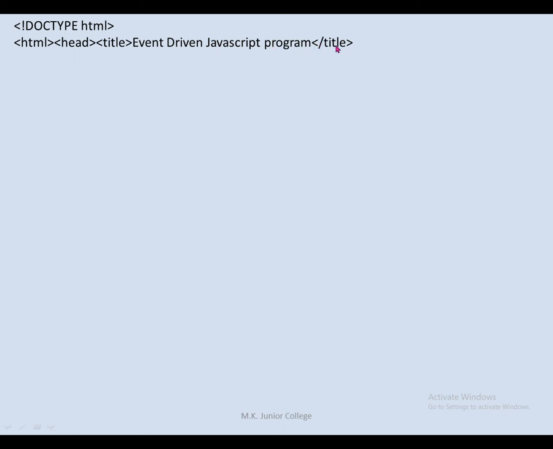See here, I am not closing the head part again. Directly I'm starting with the function. Script language JavaScript. Functions I am writing here. See, the name of my function I am giving calc. What name you want to add, you can, but no space, no capital letters, no numbers. It should be in small characters. In a bracket, you write x comma y.